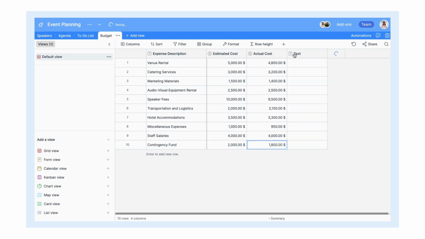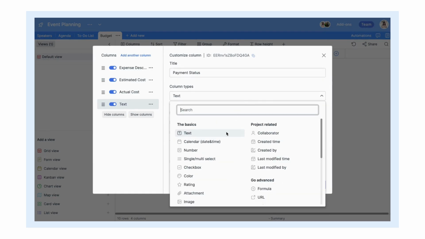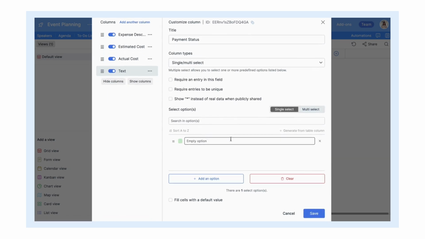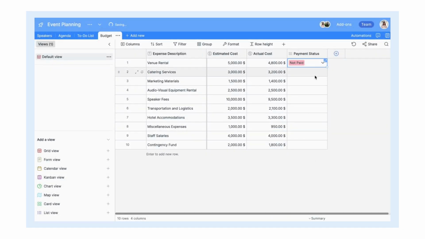Add a single multi-select column named Payment Status. The single multi-select column provides a structured approach to categorical data. You can choose from predefined options such as paid, pending, and not paid. This column tracks the payment status of each expense, helping to manage cash flow and ensure that all payments are